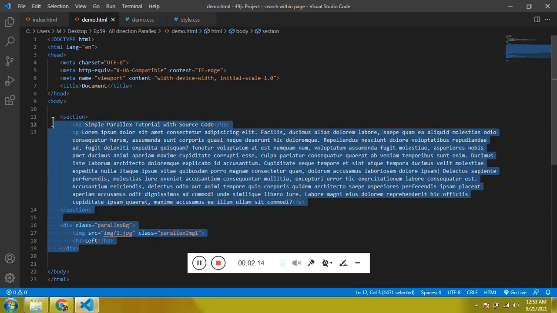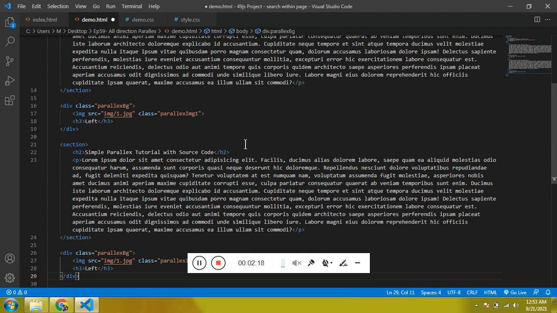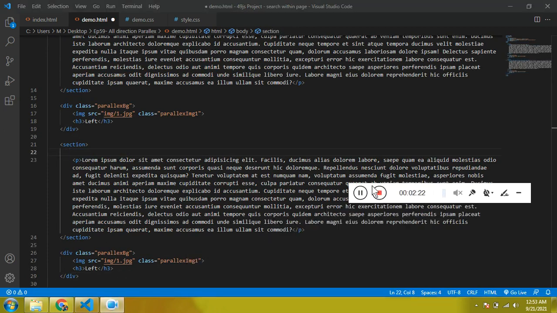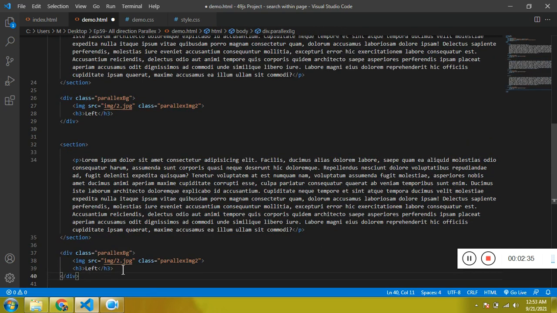I just need to copy this 3 more times, removing the heading, and the image name is going to be different, and the class name as well. This is going to be the third one, rename it, and then the fourth one.